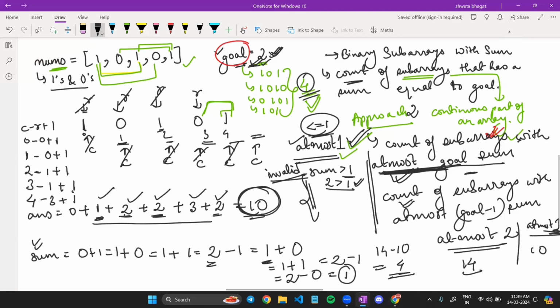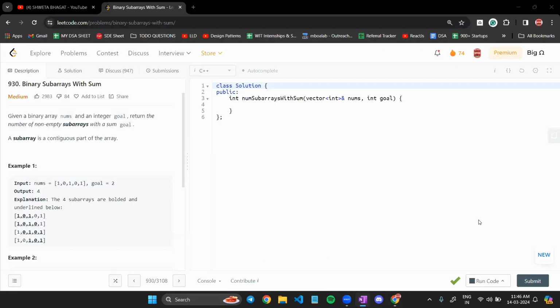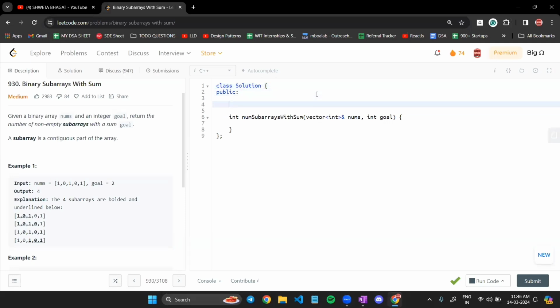So let's quickly code this. As you all saw, what we were doing is we were finding this at most goal 2 times. Why 2 times? First we were finding it for at most goal and then we were finding it for at most goal minus 1. So what we can do is we can write a separate function, and let's call this function total subarrays